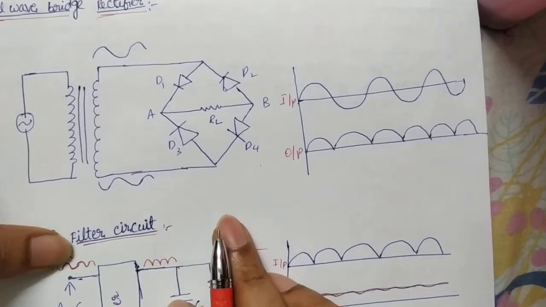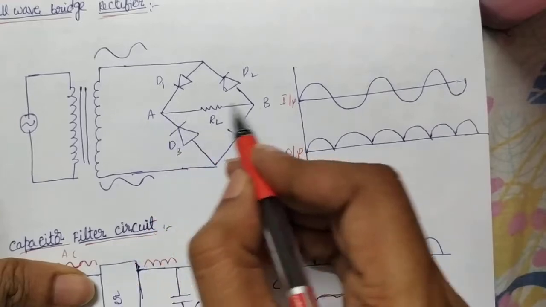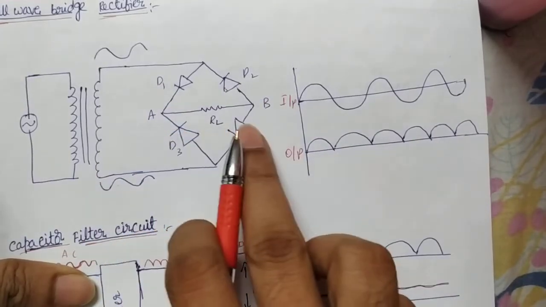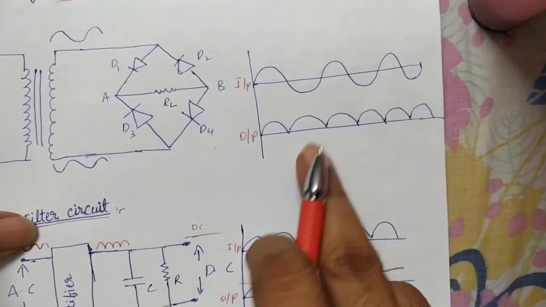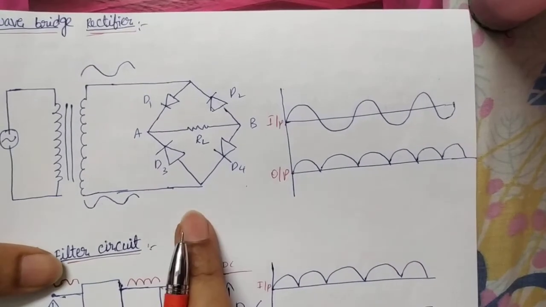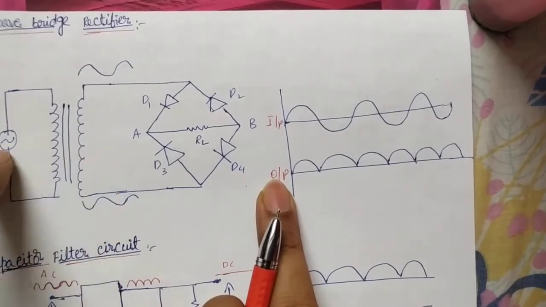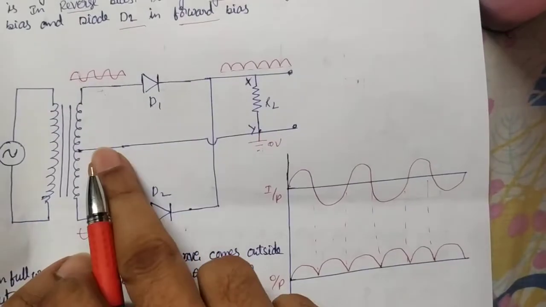So in both cases, what is the common point? Current always flows from A to B only, either like this or like this. So in both cases current flows in the same direction. The negative half loop also comes on the positive side. This is what we call a bridge rectifier. Of course the formula, efficiency formula, everything is the same as the full wave rectifier, but using 4 diodes. And this transformer is not a center tap transformer. We use a center tap transformer in the full wave rectifier. This is a center tap transformer.